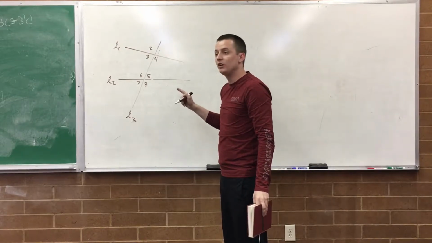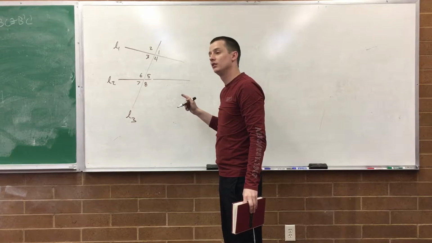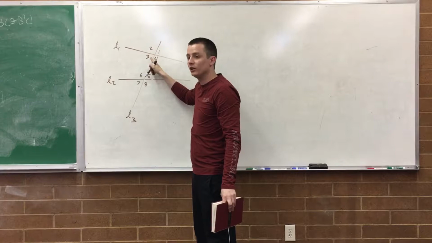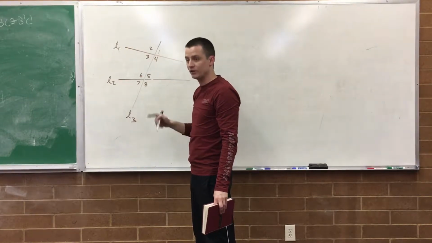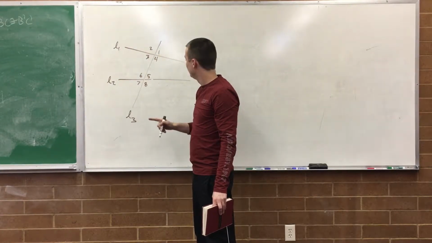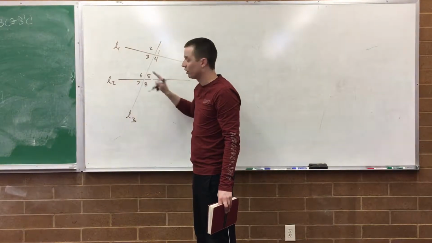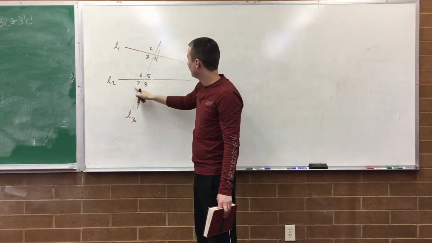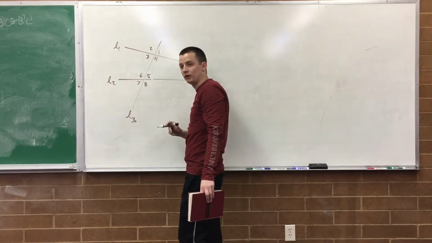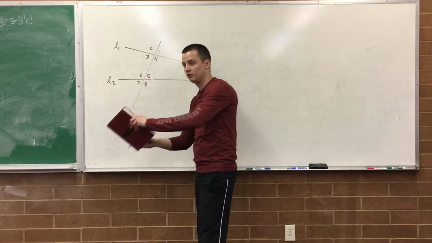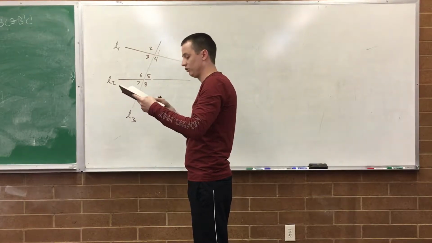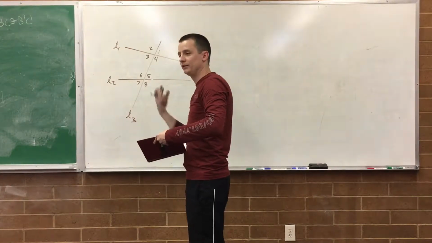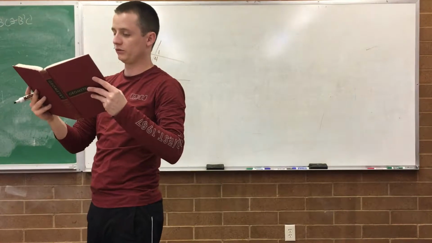So, what was the alternate angle of 5? 3. So we call those ones alternate interior angles because they're alternate and they're interior. And 6 and 4 are alternate interior angles. And then 2 and 8 and 1 and 7 are alternate exterior angles. Good? Just definitions, terminology. You'll probably get more comfortable with talking about these things as we go on proving them and using these words over and over